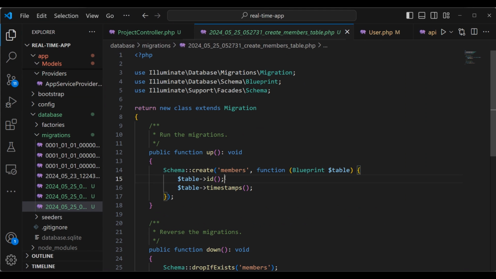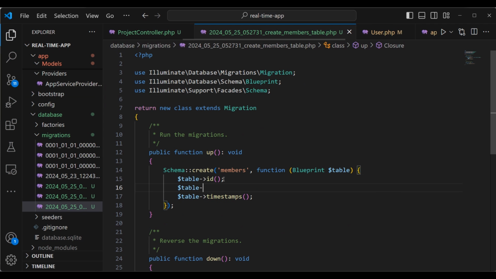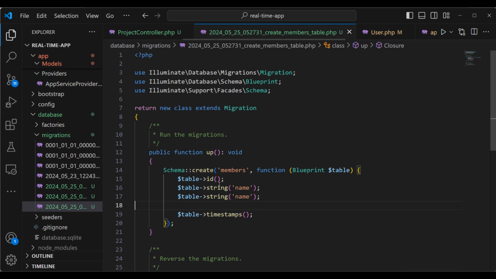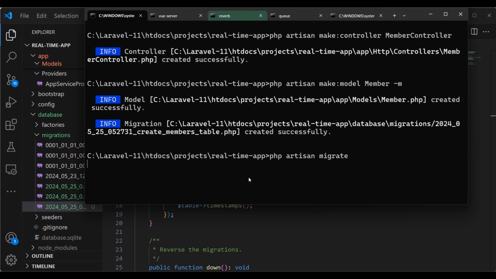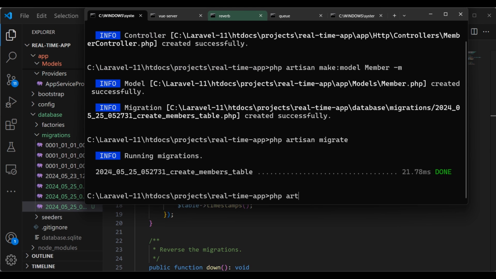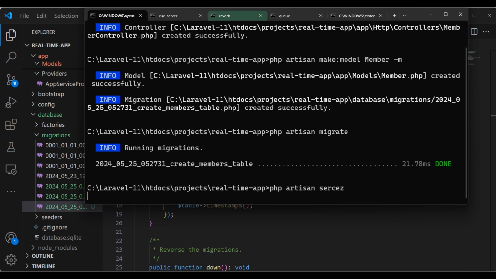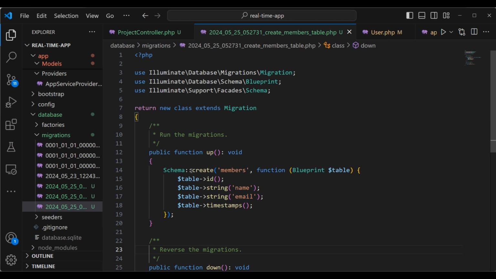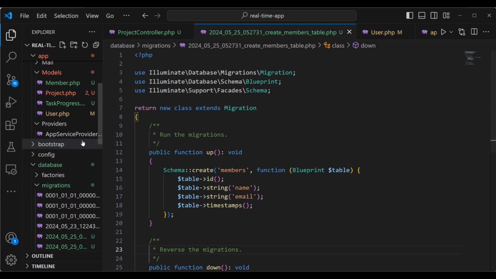This member migration is gonna have two fields. The first one is going to be the name. We're gonna pass here the name, and right here we're gonna pass here the email. We're gonna run this command, php artisan migrate. We're gonna pass here yes, and then our server is gonna run, and then we're gonna get into the